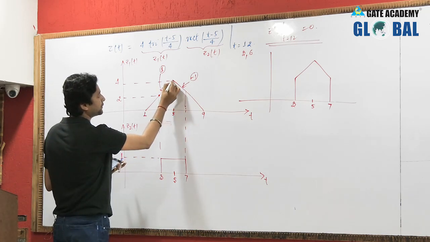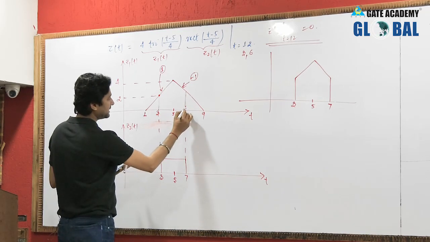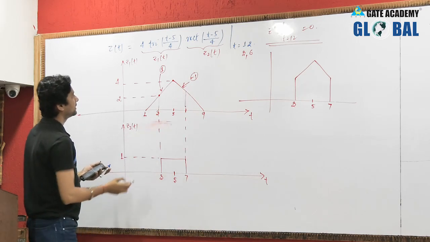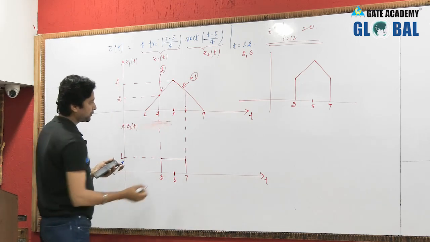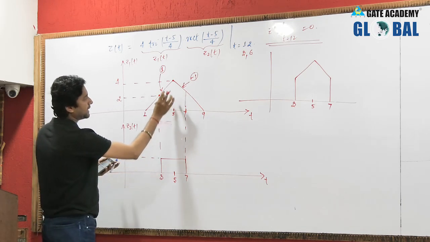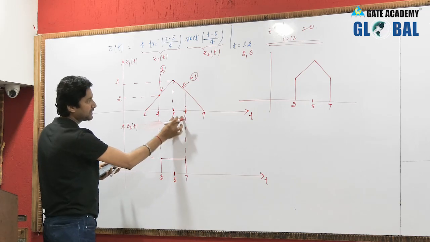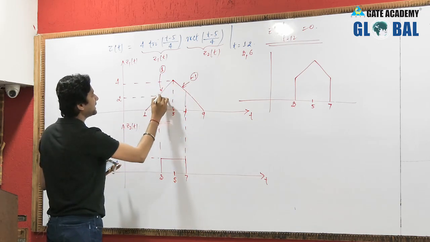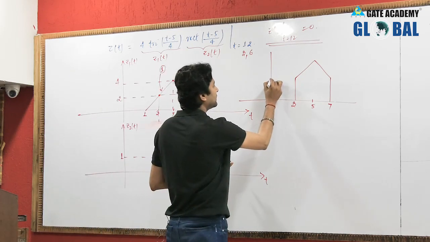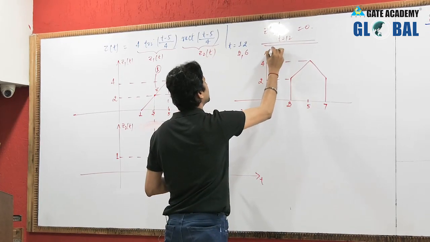Similarly, this line is decreasing with a slope of minus 1. If you have to take the value at t = 5, the value is 4. So if we move 2 units, then the value will decrease by 2 and again the value will be 2. So this value is 2 and this value is 4. It is your signal z of t